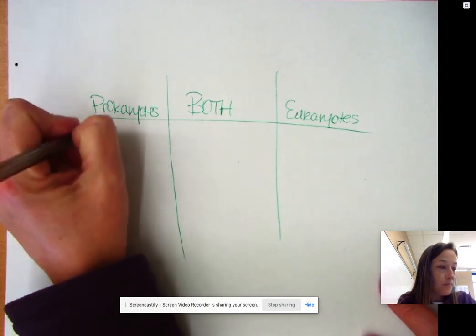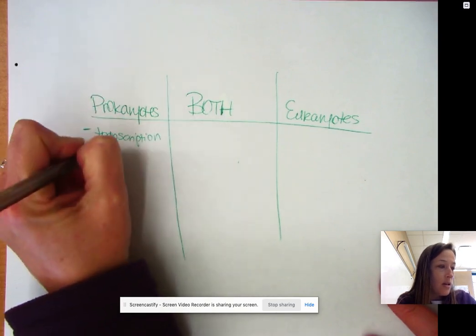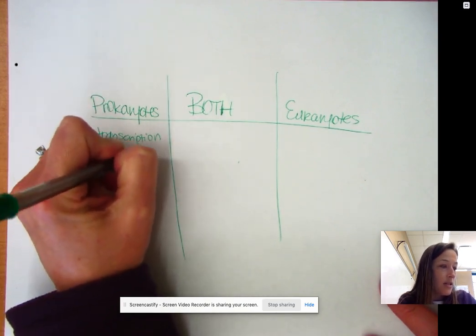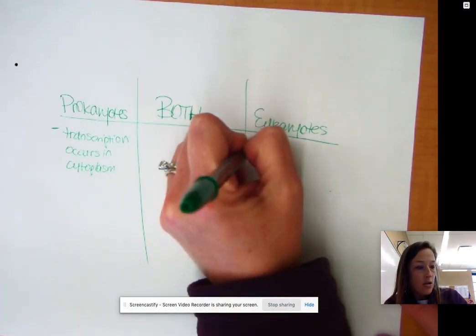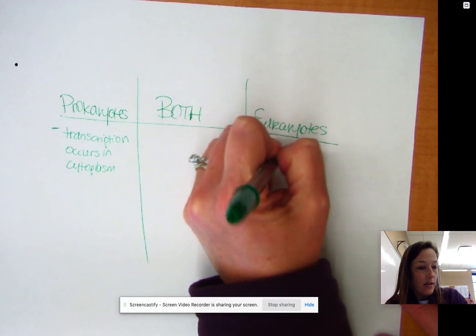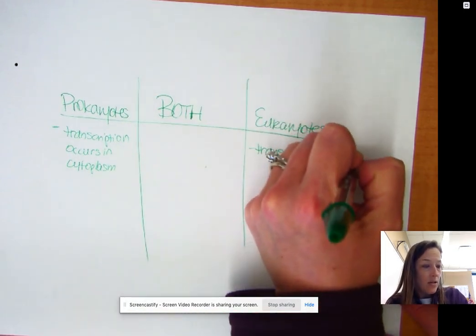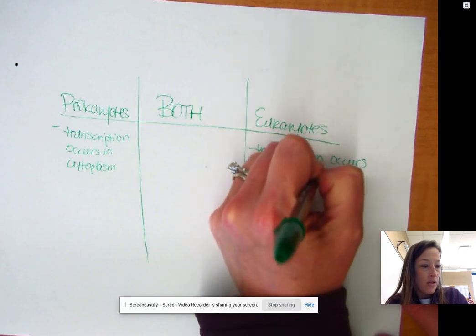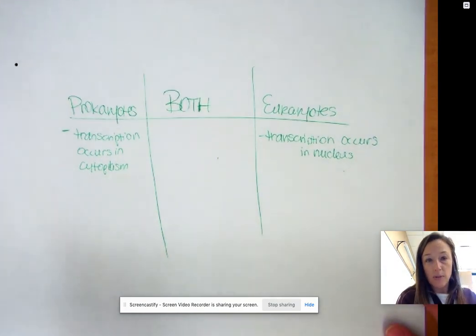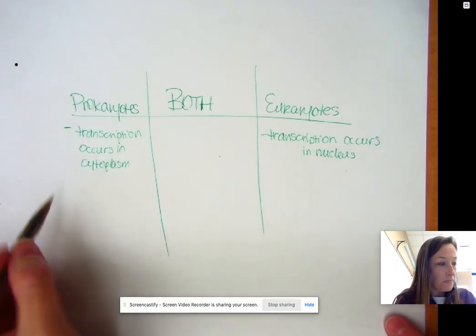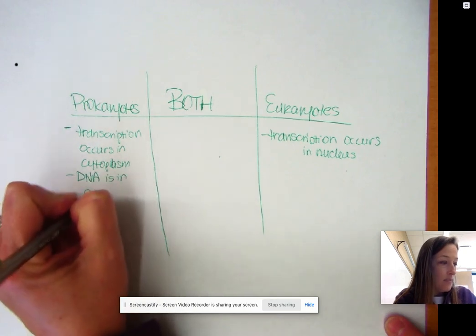So transcription normally occurs in the cytoplasm. Normally, or I should say for us, transcription occurs in the nucleus because that's where the DNA is and it can't leave the nucleus. It's a prisoner in the nucleus. So transcription has to happen there. But they don't have a nucleus, so their DNA is just floating around the cytoplasm doing its thing.